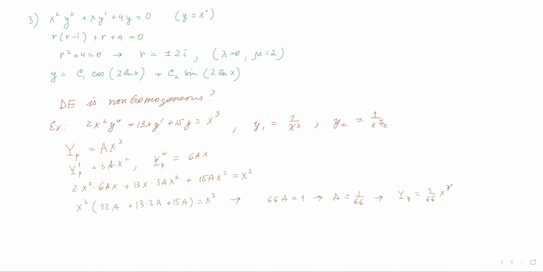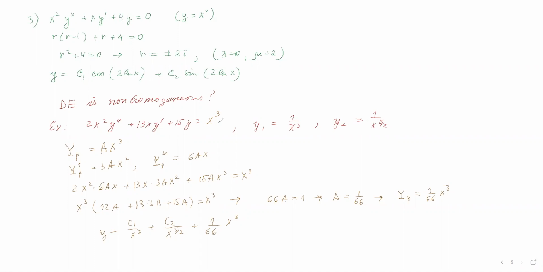And the general solution of this equation is going to look like c1 over x cubed plus c2 over x to the power of 5 over 2 plus 1 over 66. Not 166, but 66. 1 over 66 x cubed. Well, we were lucky here because we kind of used undetermined coefficients because it was a power function, right? Whenever you have a power function, it's going to work. But if anything more complicated happens over here, you will need to use variation of parameters.